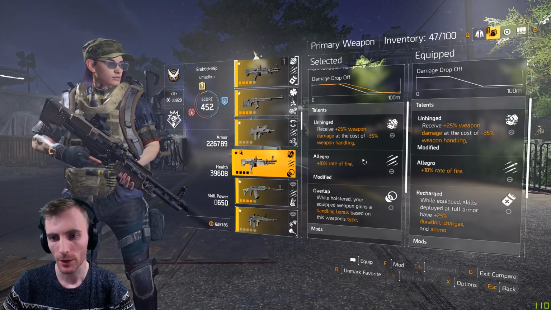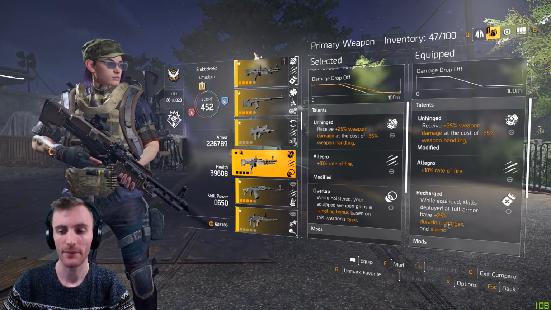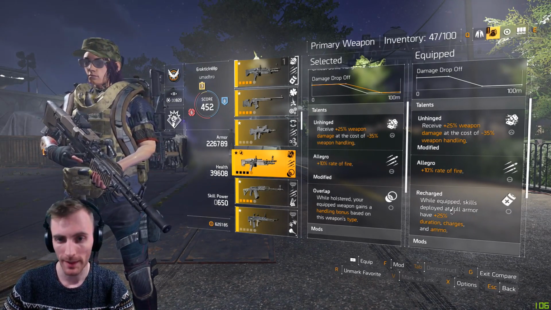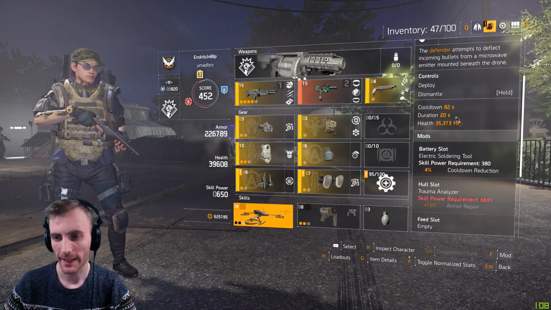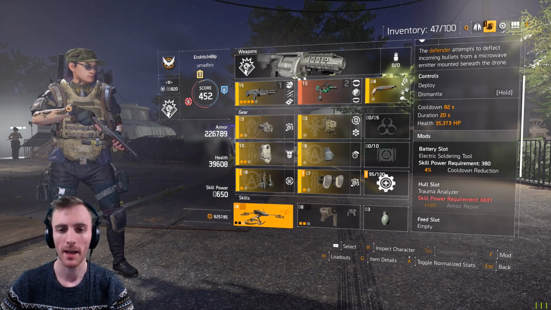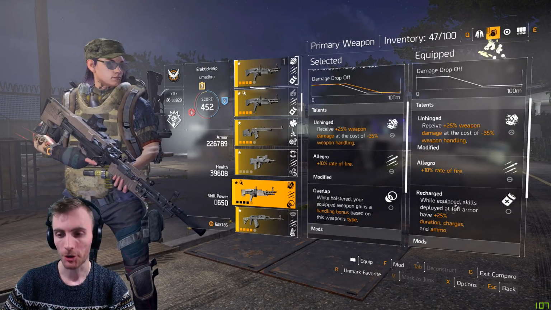A really good skill to have on the third slot is Recharged, because when you're at full armor, your skills are going to have stronger duration, more charges, and more ammo, which means you're popping the defensive drone before the fight starts, not in the middle of the fight. And you're going to have much better cooldowns, longer duration, and more charges. Right now, I'm using a Military M60 that has a little bit lower damage, but Recharged on the third slot